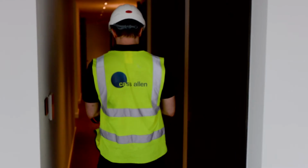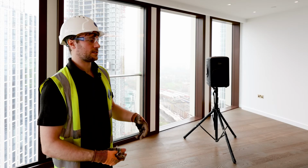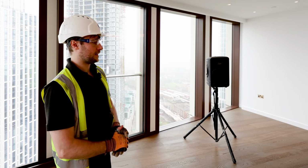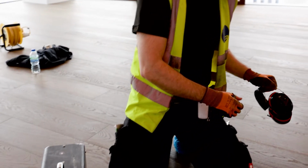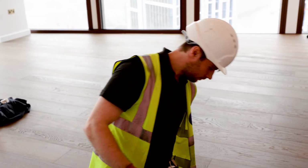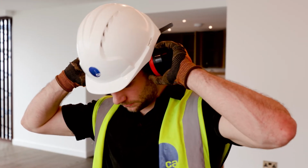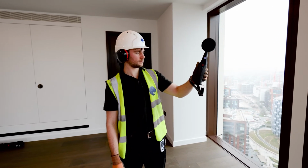So I've got a degree in music technology, and they're obviously not very linked, music and acoustics, but they are slightly linked. And that's a fairly common path, and a lot of my colleagues are also musicians. So we have people from different backgrounds like music and physics and maths and acoustics as well. It wasn't until I was at uni that I discovered that this was actually a job and that there weren't